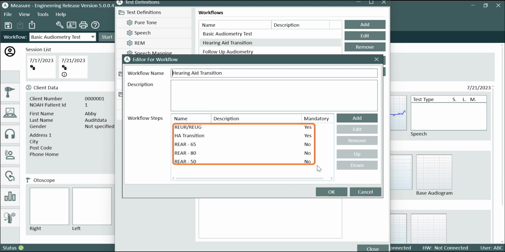Note that Real Ear Unaided Response and Real Ear Unaided Gain and Hearing Aid Transition are mandatory steps, meaning they cannot be skipped. If a mandatory step is unable to be completed, the user will be notified that the criteria to fulfill that step were not met. They will be prompted to enter a reason why to be able to advance by either finishing or changing the